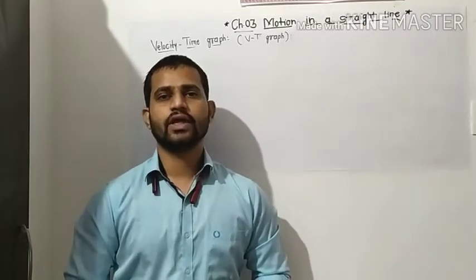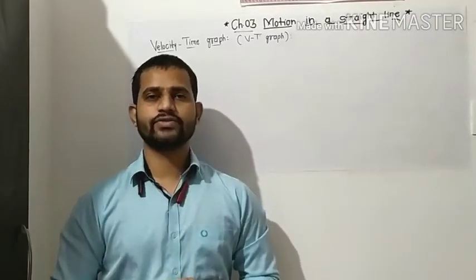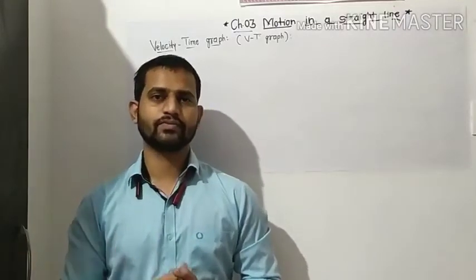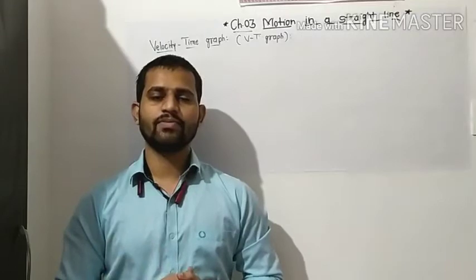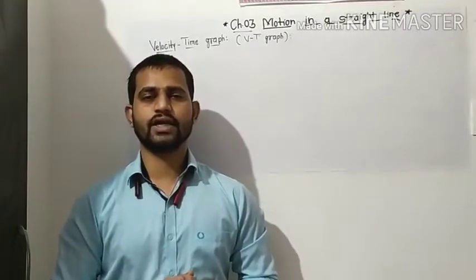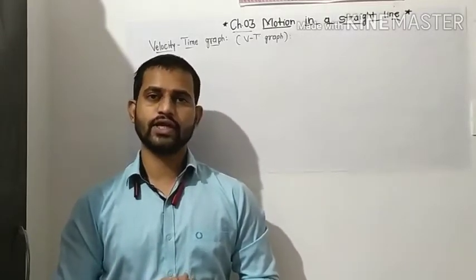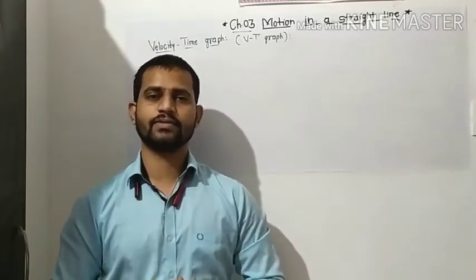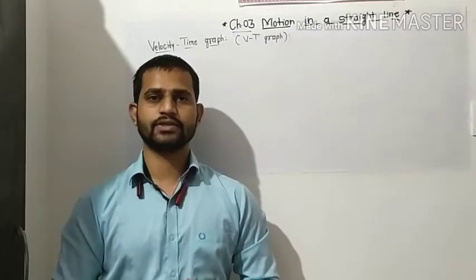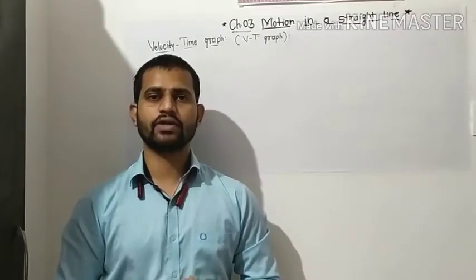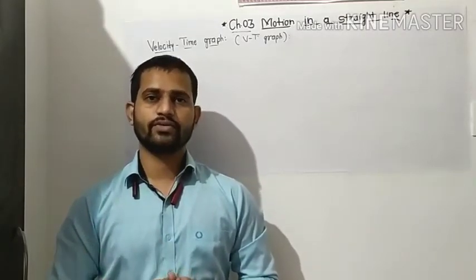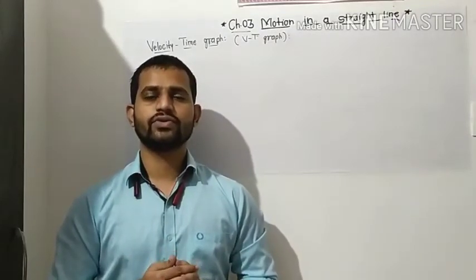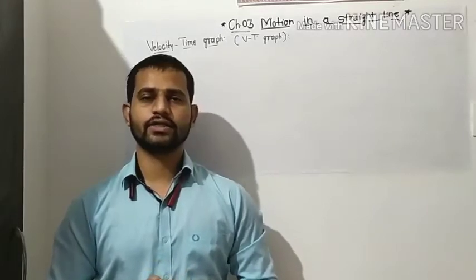So in the VT curve, which quantity is changing continuously? It is the time, because time never stops. The time goes on. That's why we have to take time along the x-axis, and as the velocity can be positive or negative, we take the velocity along the positive y-axis and the negative y-axis. Accordingly we can draw the graph of a VT curve. If we have two physical quantities, we can show their relationship by using any Cartesian system.